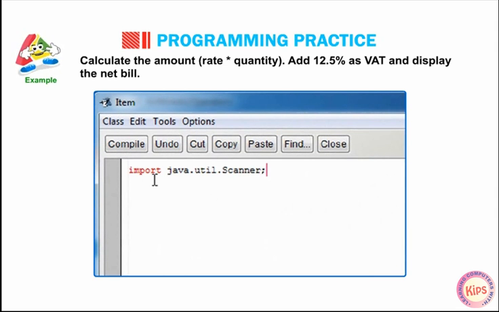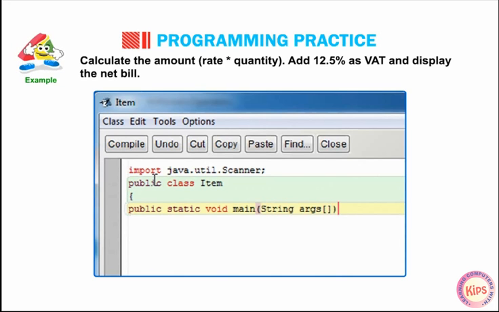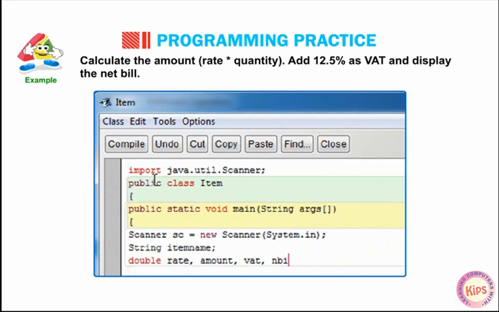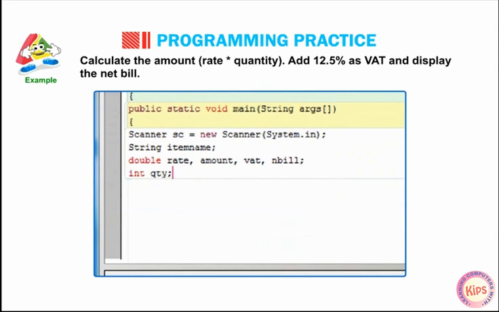import java.util.Scanner; public class Item { public static void main(String args[]) { Scanner sc = new Scanner(System.in); String itemname; double rate, amount, VAT, nbill; int quantity;